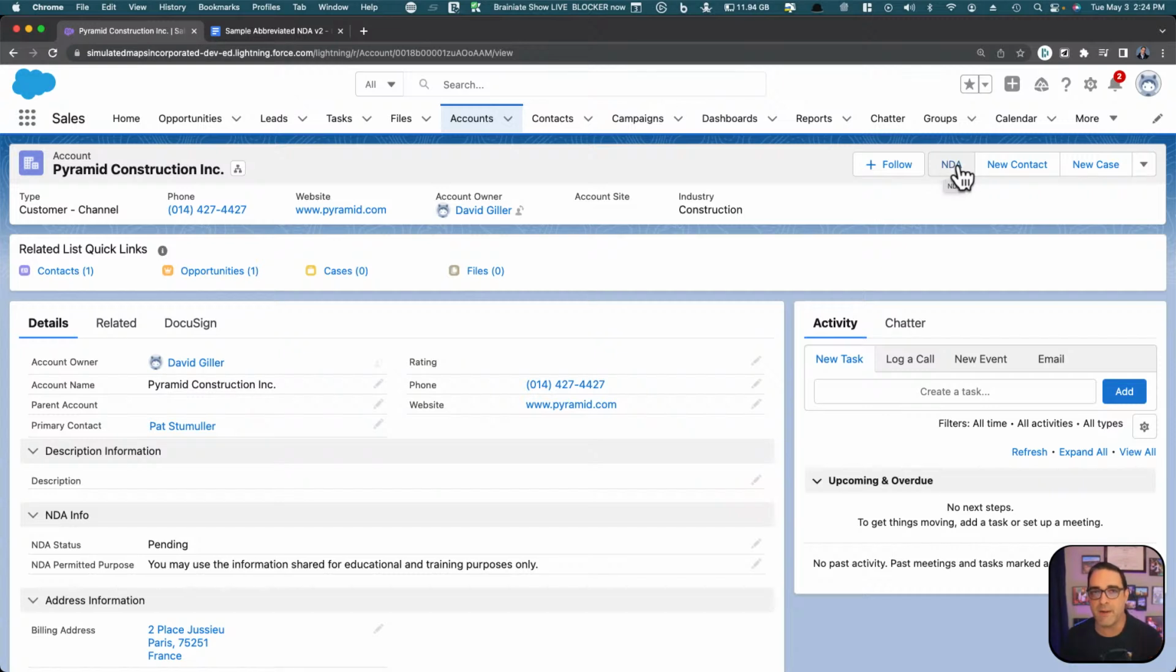Now, before I click on this button, I also want to describe something that I did not set up in this org, but I did set up for my client. If the purpose of this button is for sending out the NDA, then this button is no longer needed if the NDA is fully executed. So I created a dynamic action where this button will only appear if the NDA status